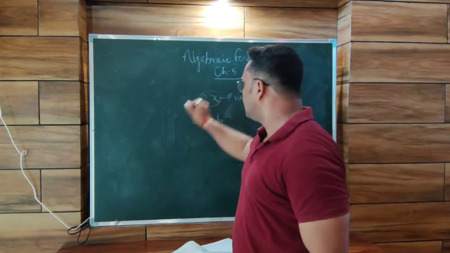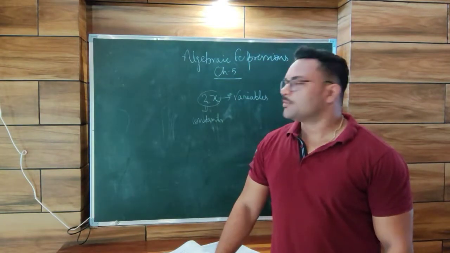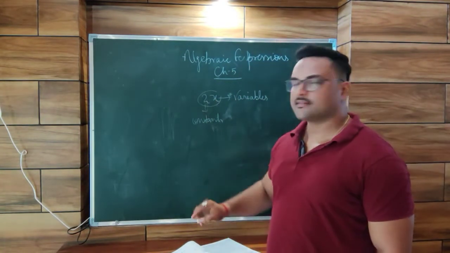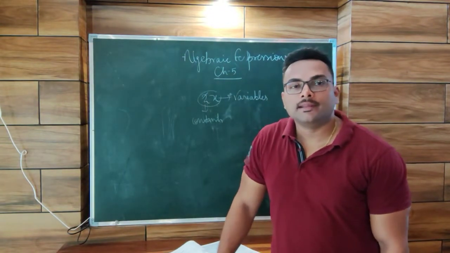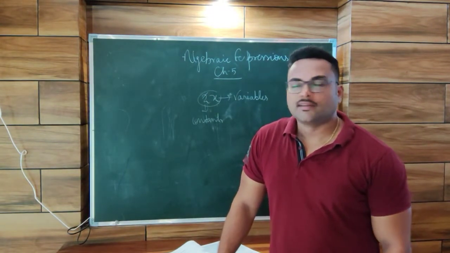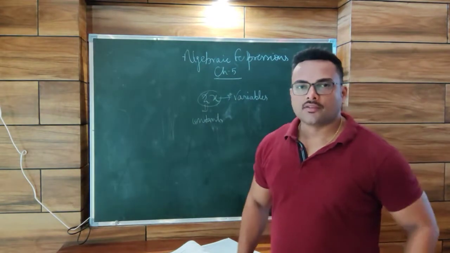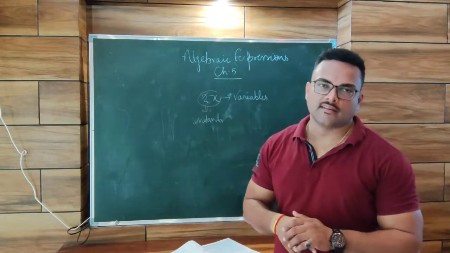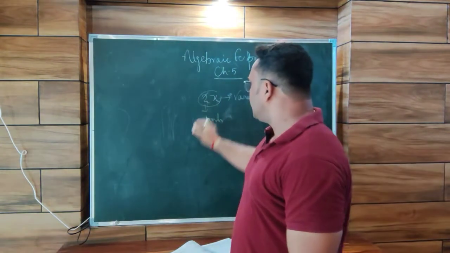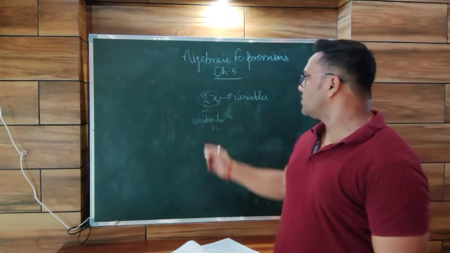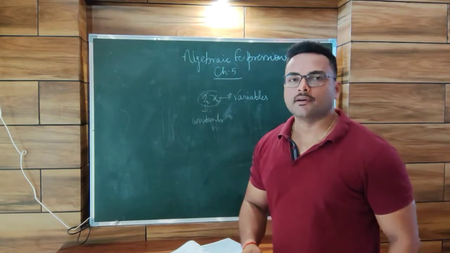Coefficients also I will tell you. Whatever number is attached to it. Suppose I ask you what is the coefficient of x. So you will say that it is 2. And if I ask you what will be the coefficient of 2, you will say that it is x. So coefficients, constants and variables. So an algebraic expression is the combination of a letter and a number.